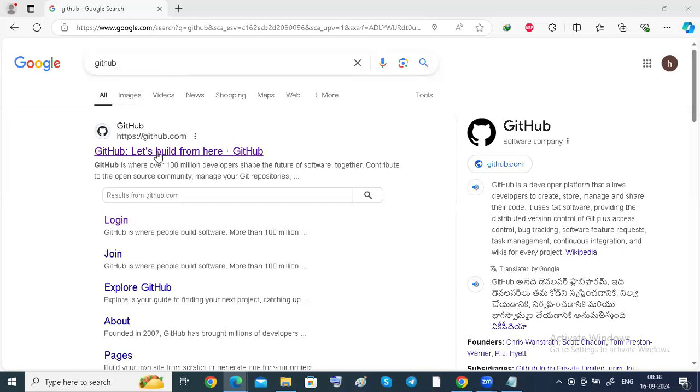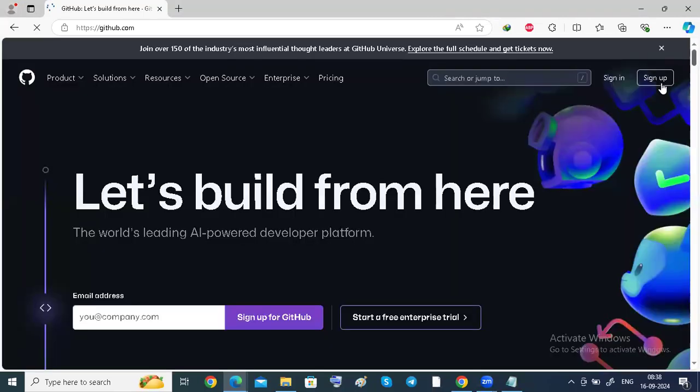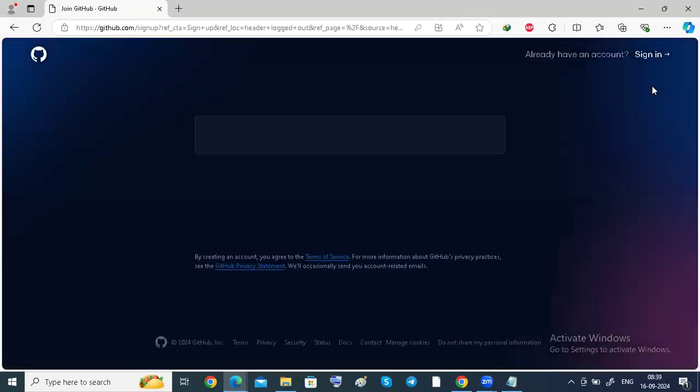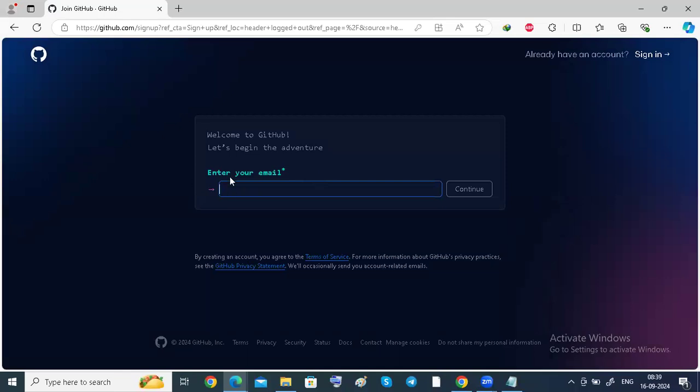See here, login is there, and here sign up will be there, guys. Whenever you sign up, it asks for your email ID. Enter your email ID, then it will automatically ask for a password. Then you can enter the password. Then it will ask for your MFA, guys. Like that you can create.